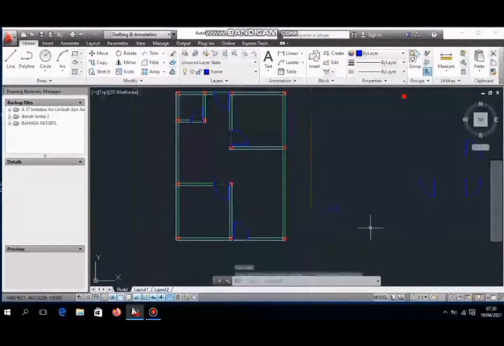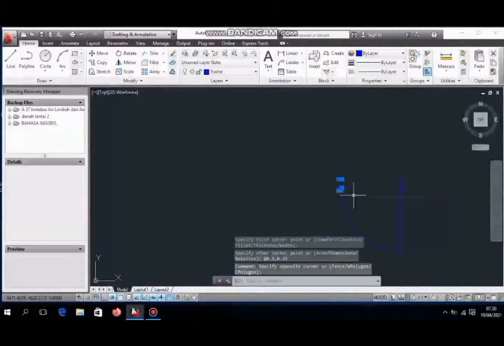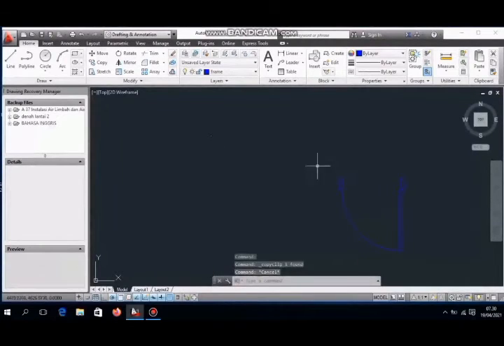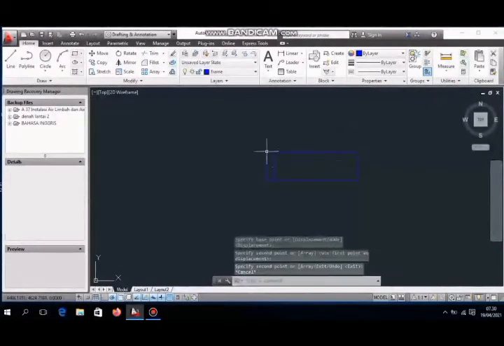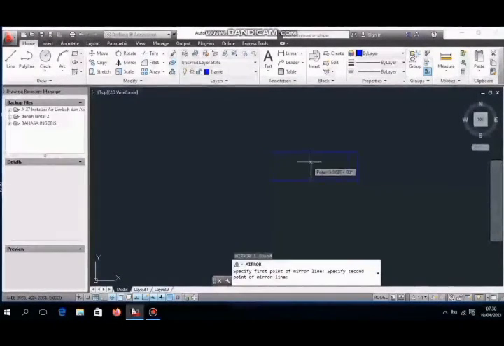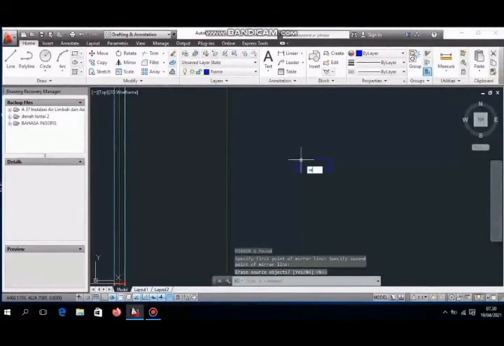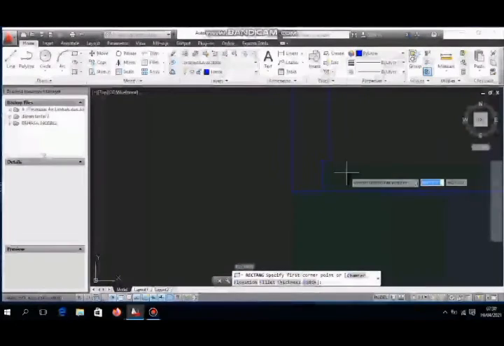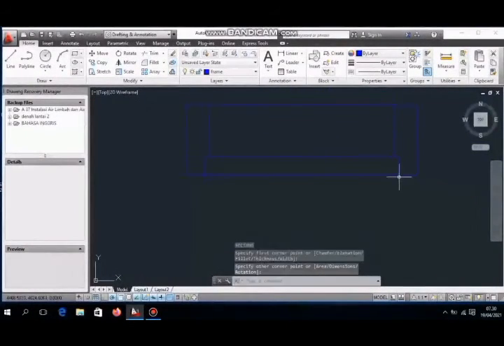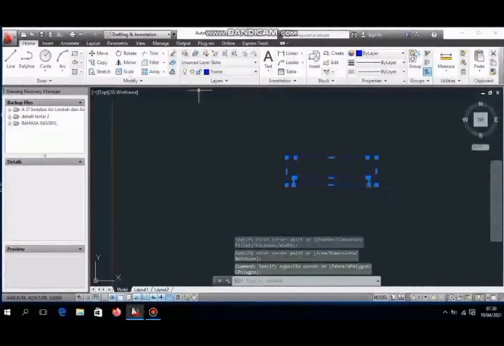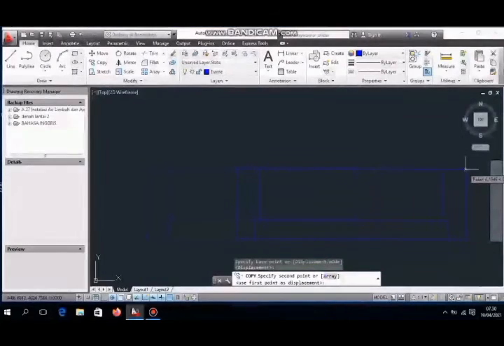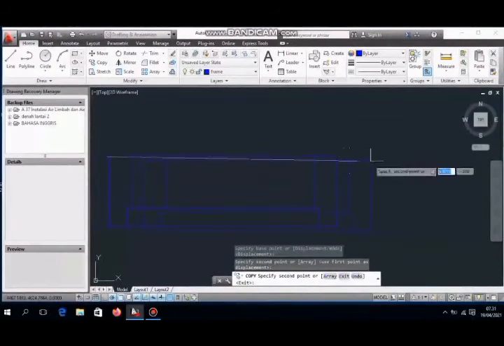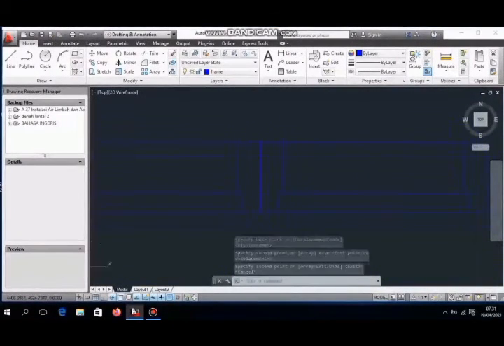The method is the same as rectangle. Enter the size. We just copy. After that, mirror. We make a rectangle. Copy. We make a distance of 30 centimeter.